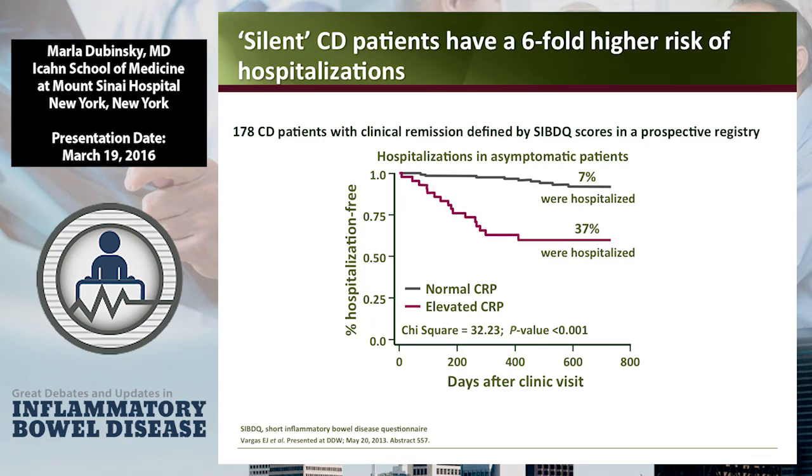The group in Pittsburgh actually took patients who were in quote unquote quality of life remission, so using the IBDQ or a certain shortened IBDQ, and followed them over time. And there were 178 patients. Okay, doc, I feel well, but they went back and they saw that those patients who said, I feel great, but had CRP elevation, there was a 30% change, so you went from 7% to 37% increased rate of hospitalization within the follow-up period, and the majority of these hospitalizations were for ileocecal resections for stricturing disease.